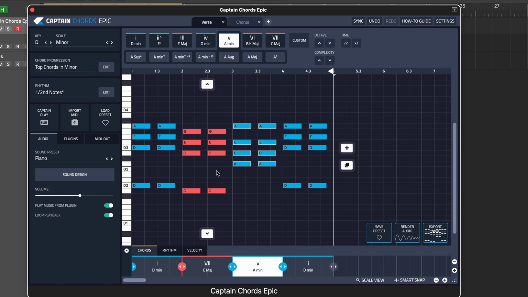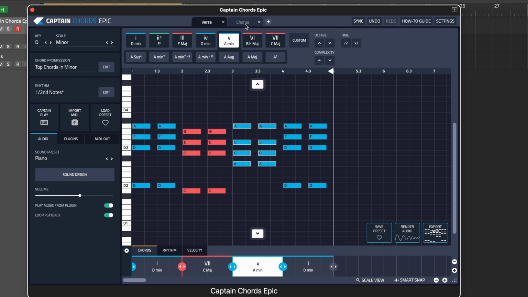Alright, that sounds not bad. I'm not totally sure that's what I would go with, but I wanted to show you how you can use these new features to get something together quickly, which can easily be edited later on. So we now have the verse, and let's find something for the chorus.